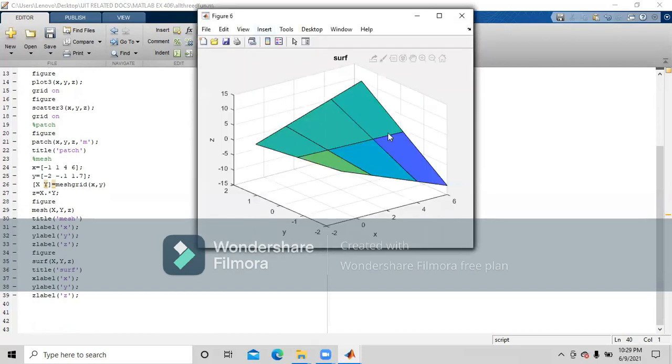So this is the 3D plot we will receive by using the command surf. As you can see, there is not much difference between the mesh and the surf. The only difference being it has been colored. All of these surfaces have been colored when we use the surf command.